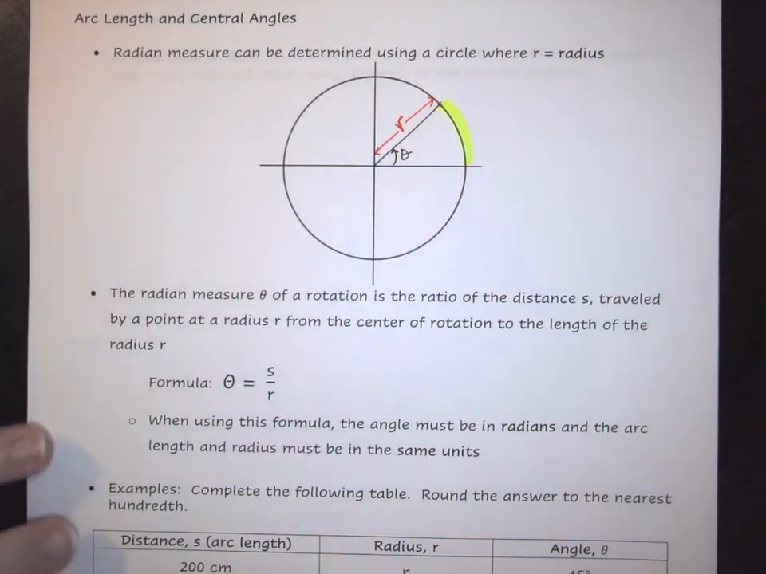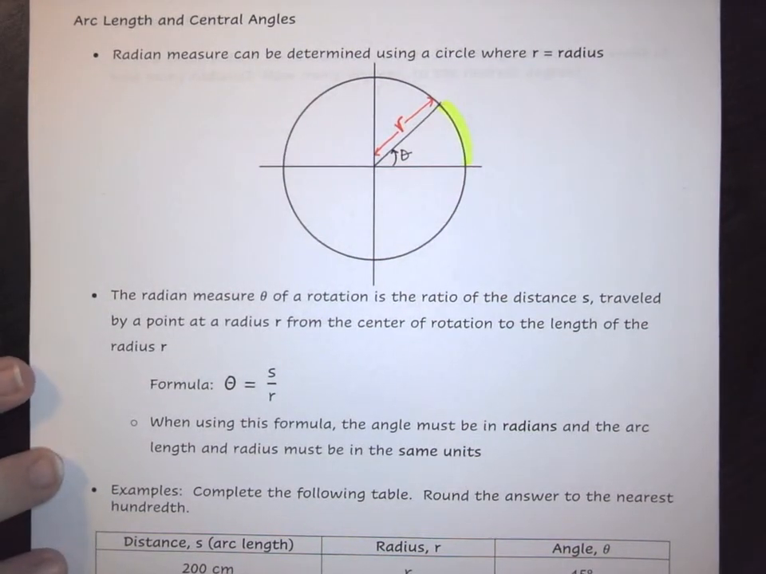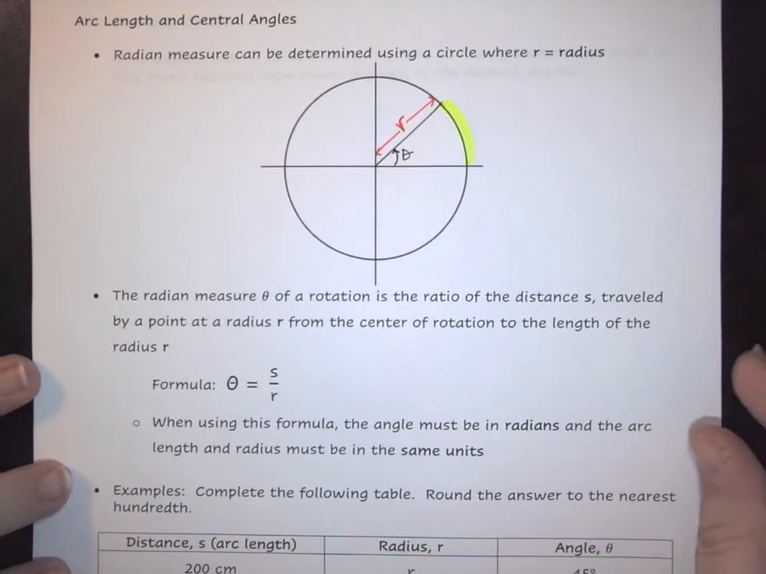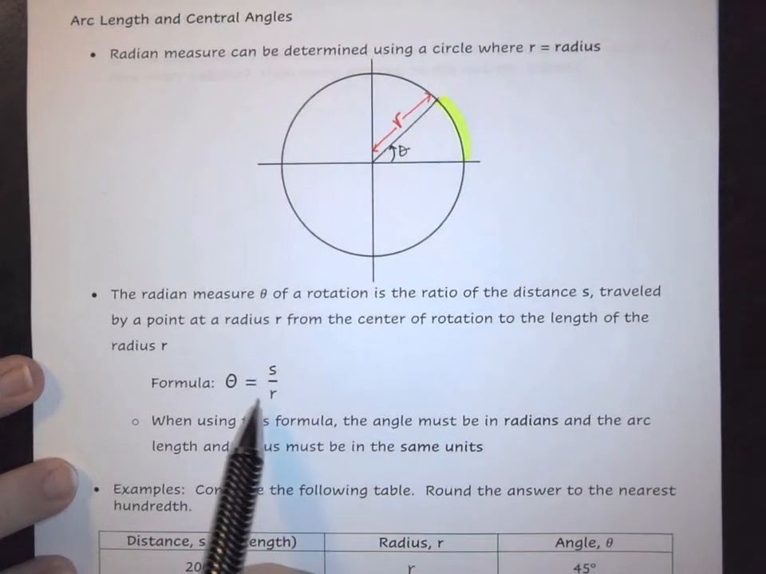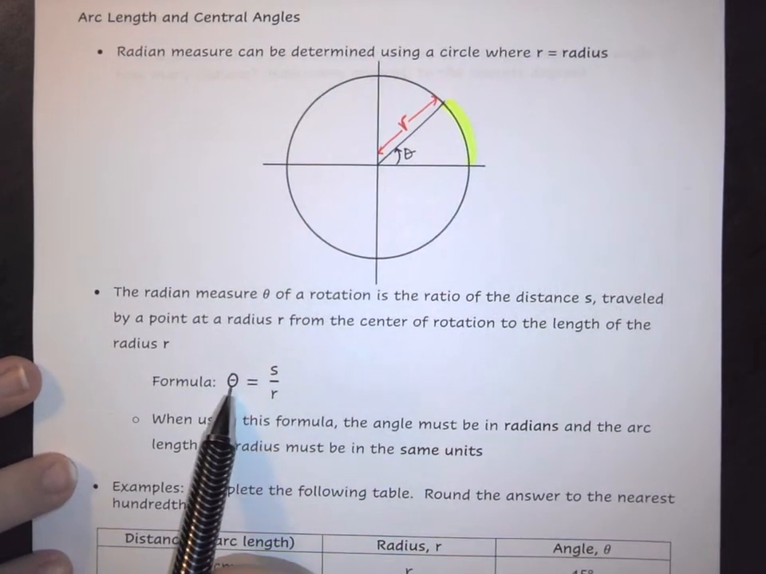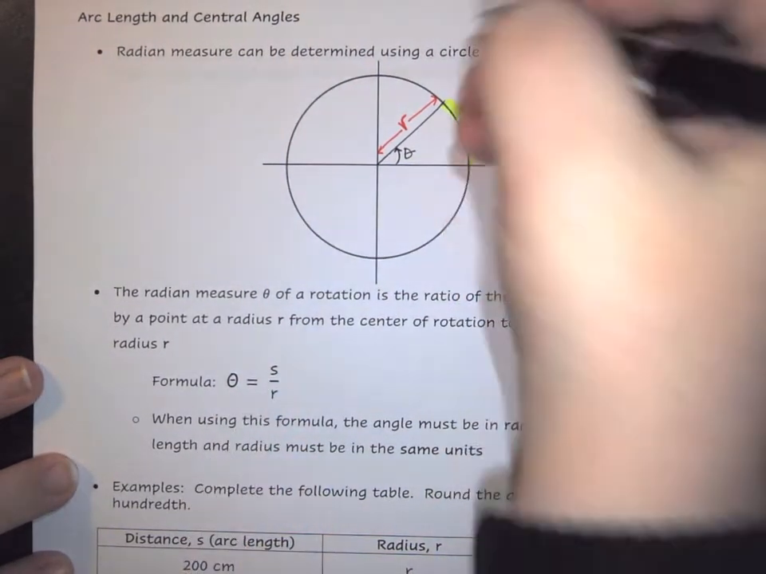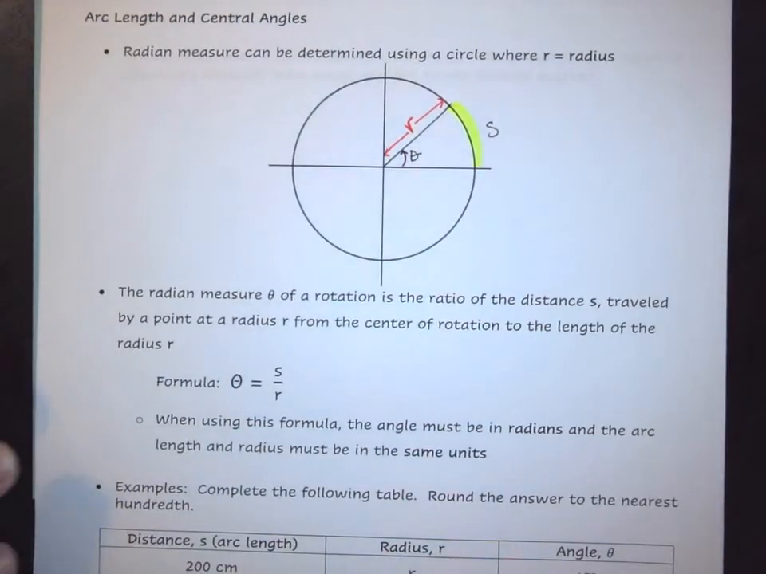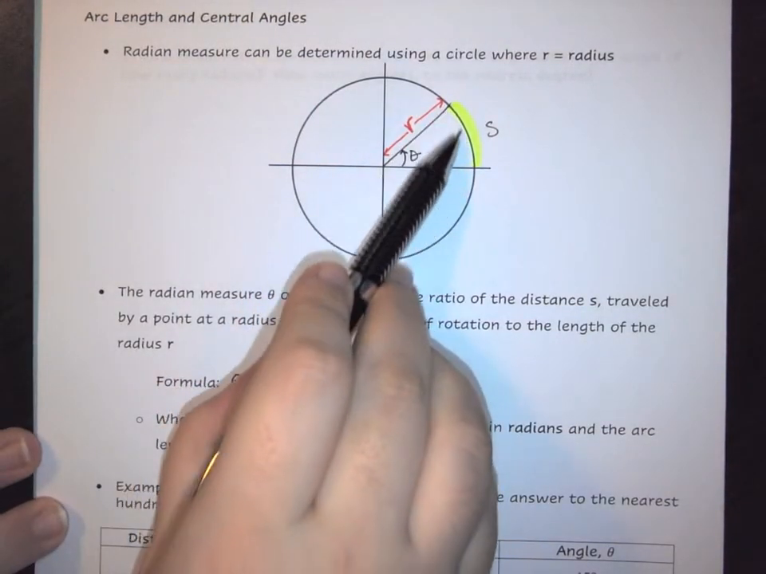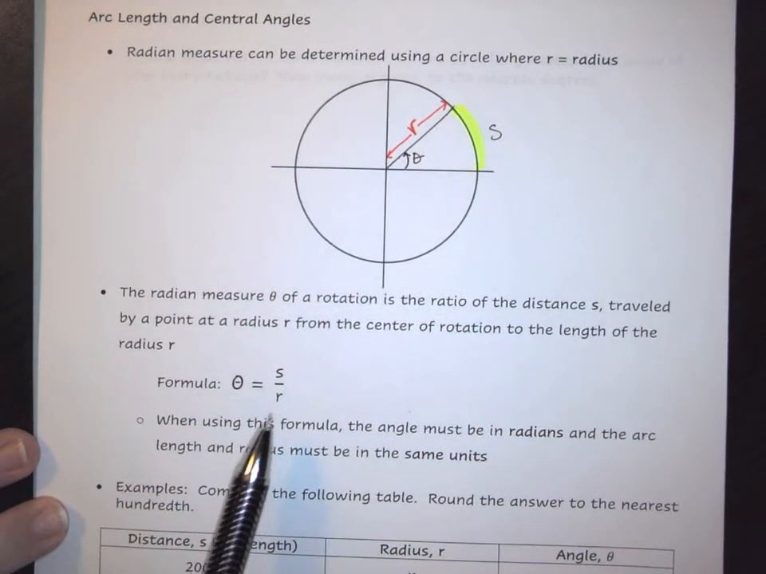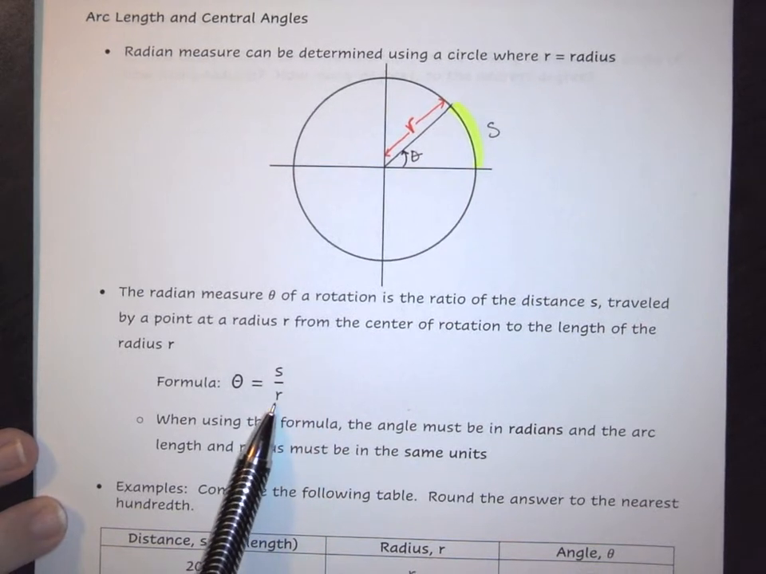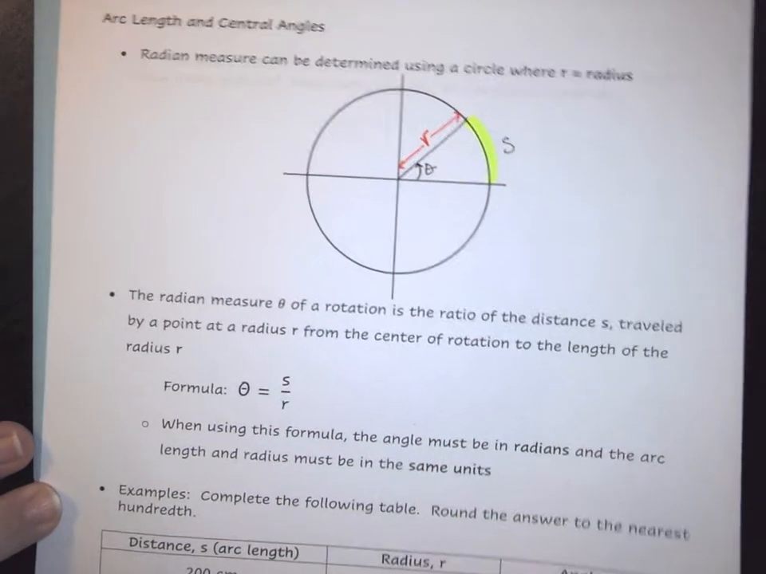Now when we're talking about it, we do have a formula that we use to help. With that, we are talking about this formula here, where your angle is equal to S over R. S is going to be your distance, so that's the curved part of your outer circle right here. That's your S, and then R is your radius. Okay, so for example,